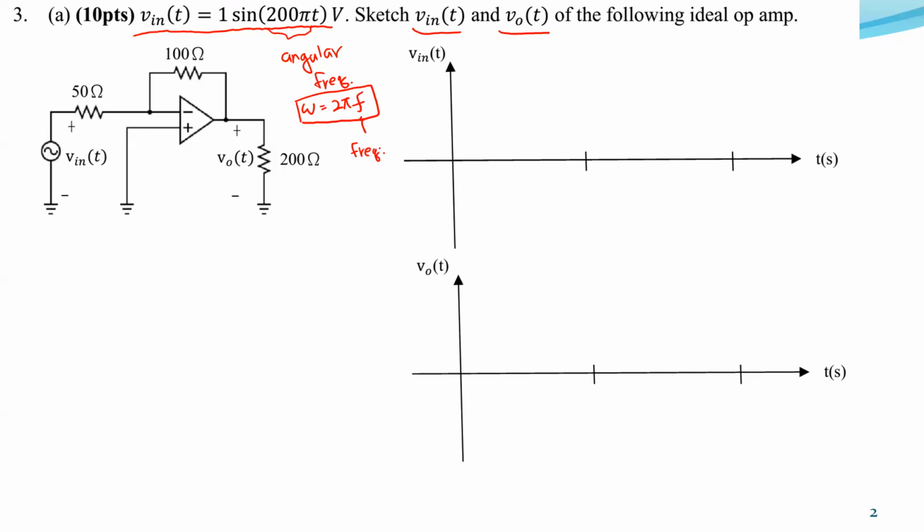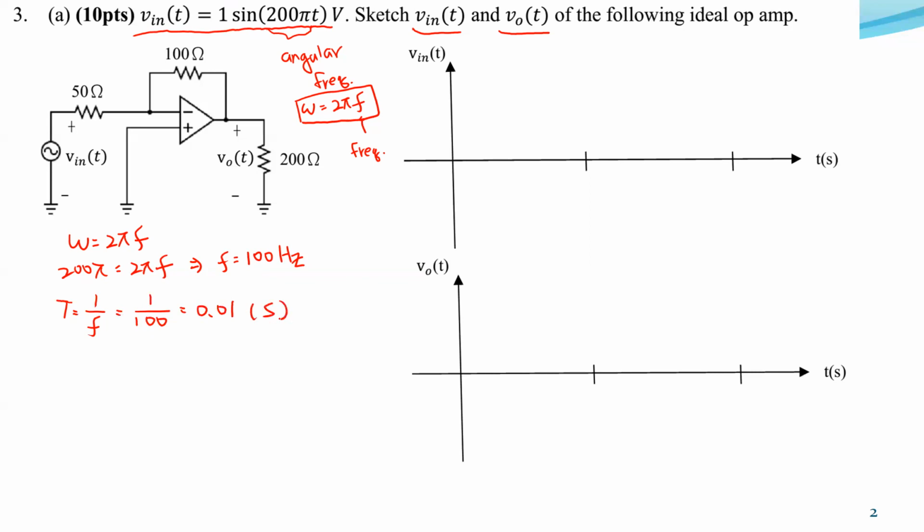So 200 pi, so omega equals 2 pi f. So we have 200 pi equals 2 pi f. So f equals 100 hertz. And the time period is 1 over f, which is 1 over 100, is 0.01